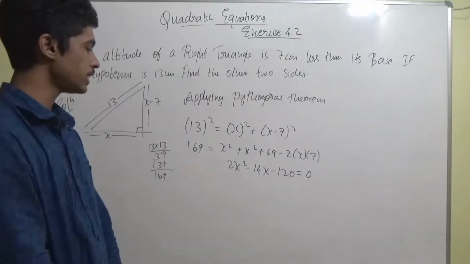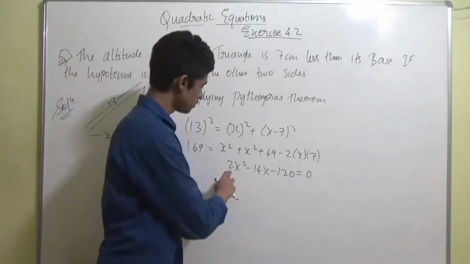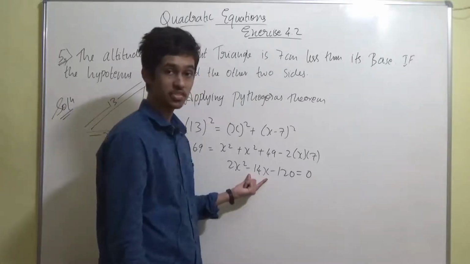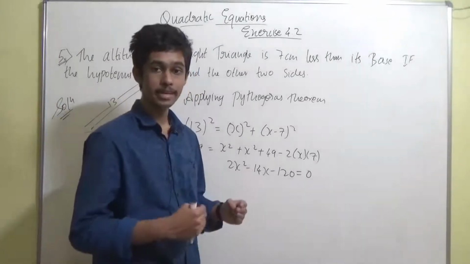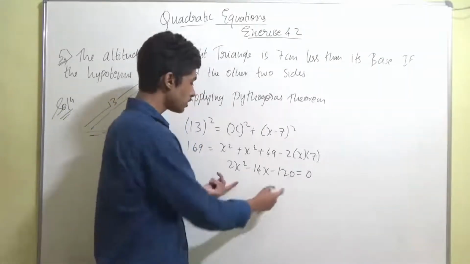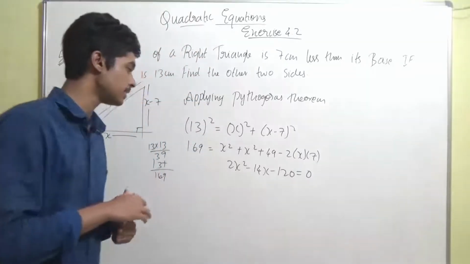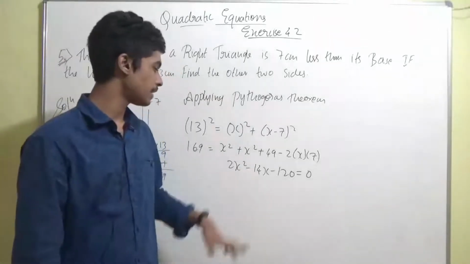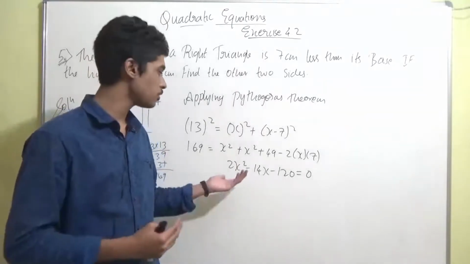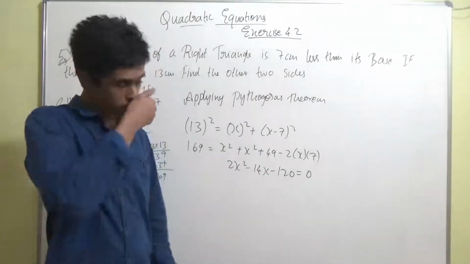Getting it? Now if you see, you have to multiply these two. It becomes 2 into 120 is 240. Now you have to split the middle term in such a way that the multiplication of those two terms which got split from this term should give you 240. Getting it guys? So actually I know the answer. It is minus 24 and plus 10. If you multiply them, you are going to get 240, right? Which is same as the multiplication of the first and the last term. So that's how we want to do it.